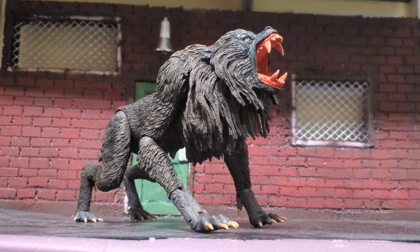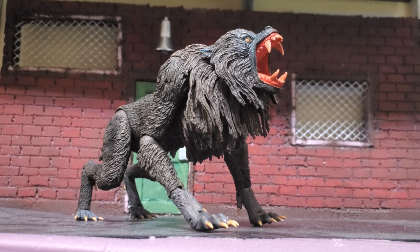Overall, I think this is a pretty solid figure. I kind of wish there was something else that came with it for being a $50 piece. He is large, but for like $30, $35, we're getting big old Jason figures with a ton of accessories. This thing just coming with an alternate head. I don't know, you would have just liked something else, even if it was just like a slaughtered lamb sign that you could hang up. Not that this guy is ever at the slaughtered lamb, but just some little kind of set decorating piece you